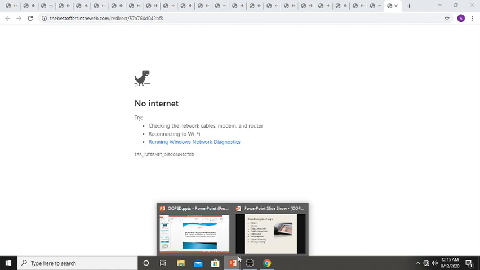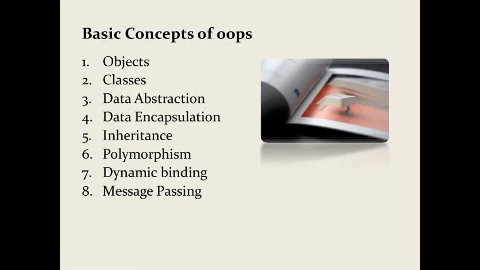Next, whenever we talk about object oriented programming language, it has some basic features, and these will be common for all object oriented programming languages. These features will be there in Python, C Sharp, Java, and C++. These are the basic building blocks of any object oriented programming language.